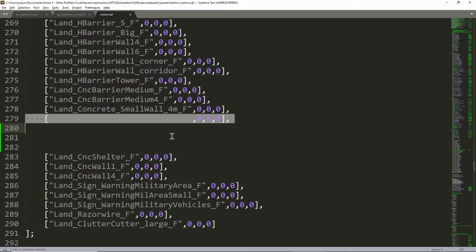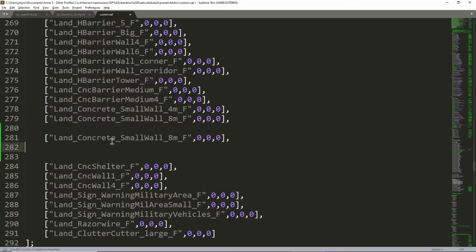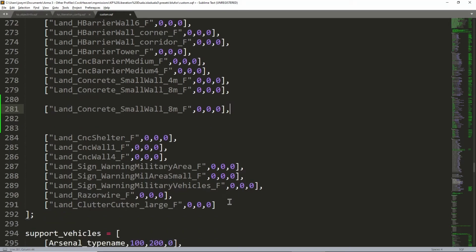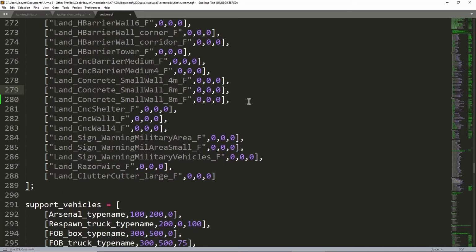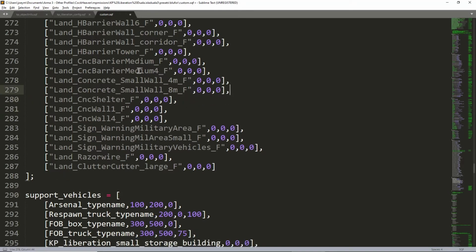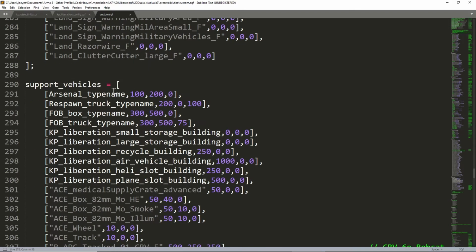Grab one of the lines up, copy it, and paste it. And now I've got everything that I need. I can just change the class name, and that comma's there, and I haven't screwed up the end of an array. That goes for any of the coding that you do, I guess pretty much anywhere, but specifically in this syntax. So there's adding vehicles, there's balancing the economy, and